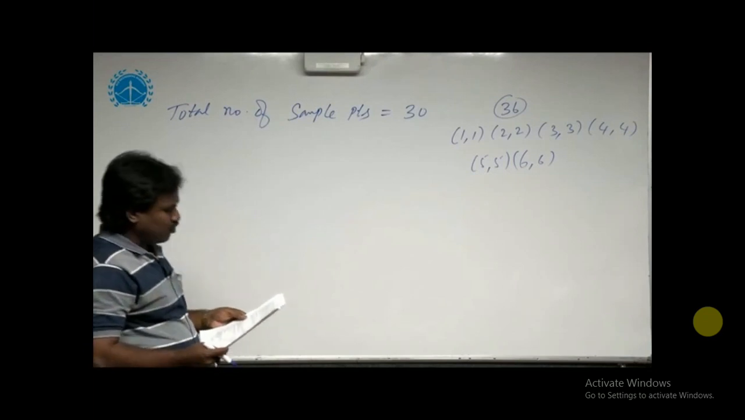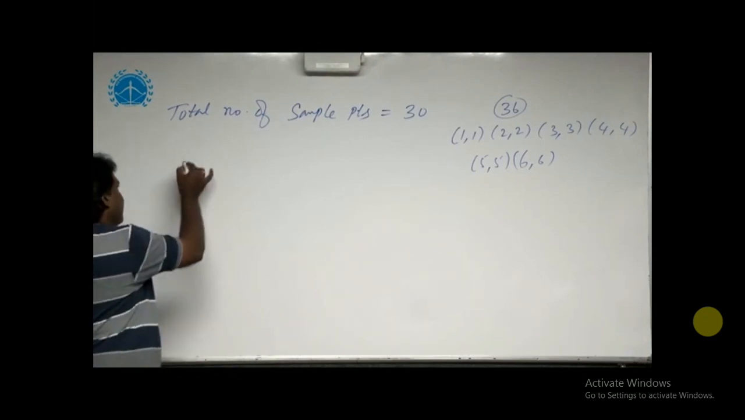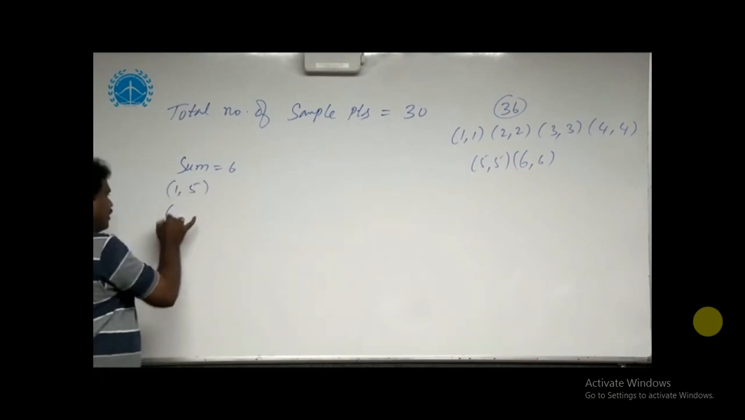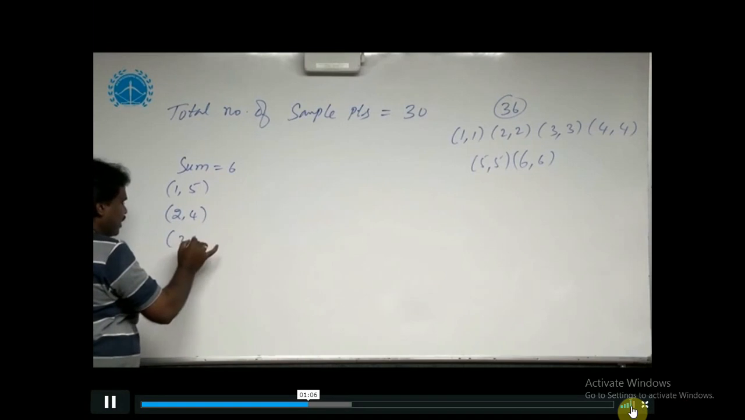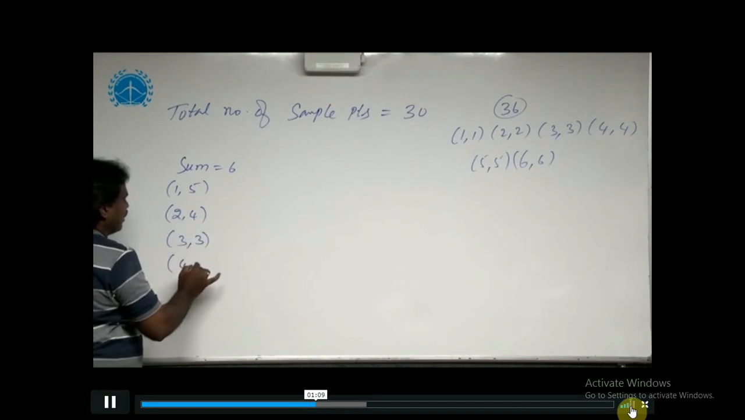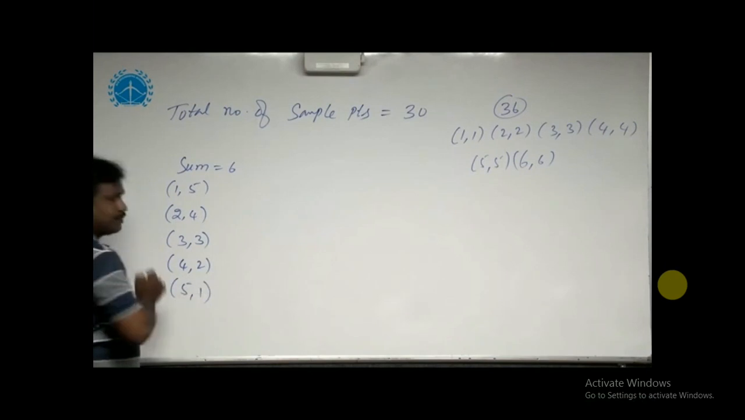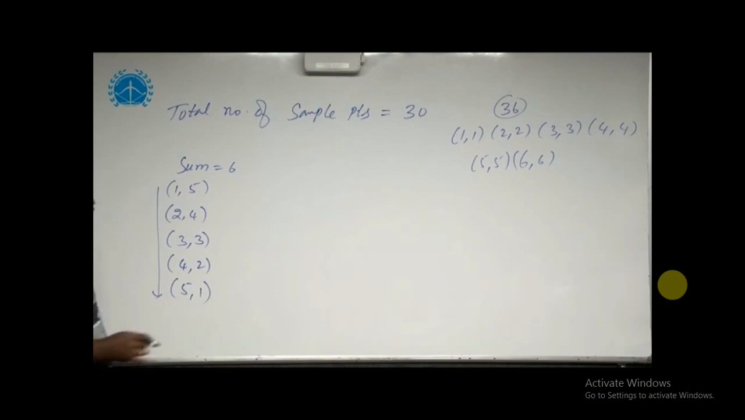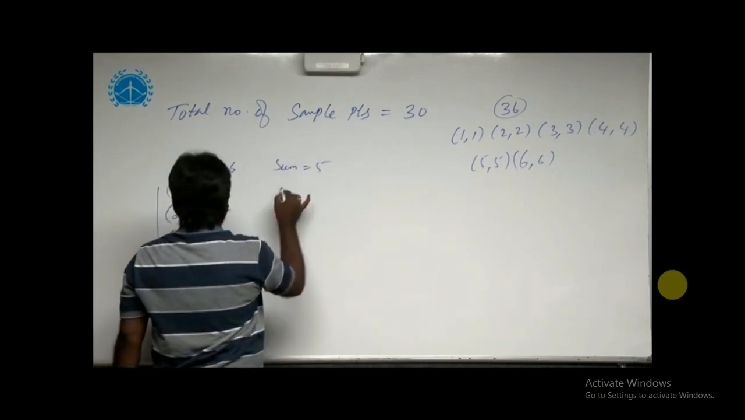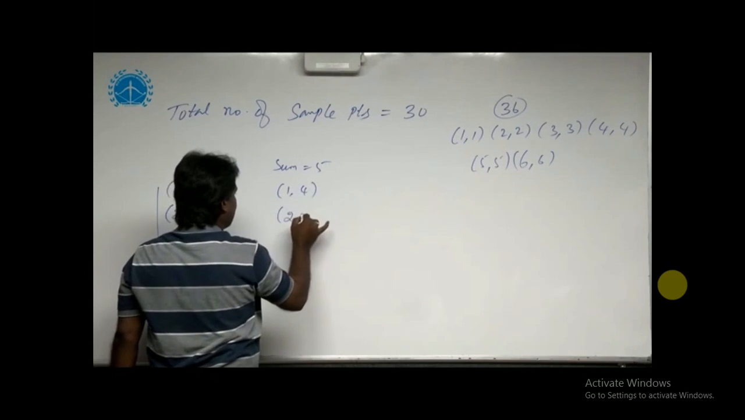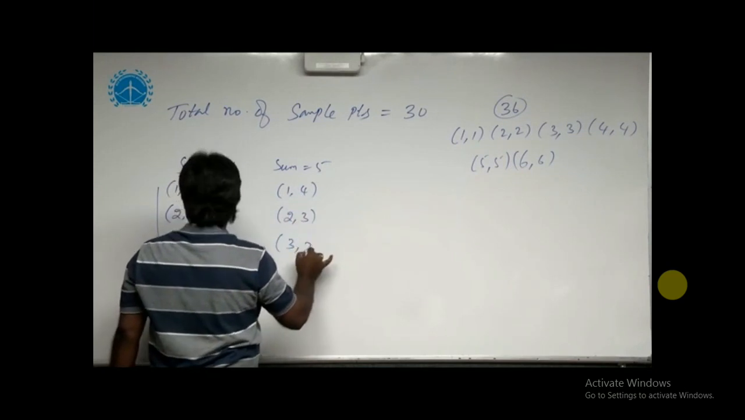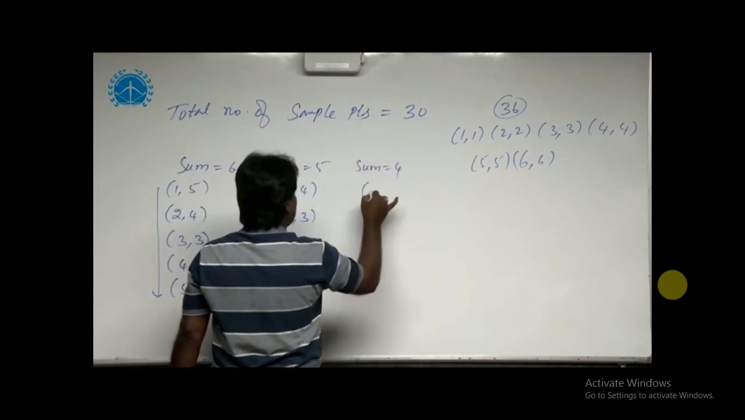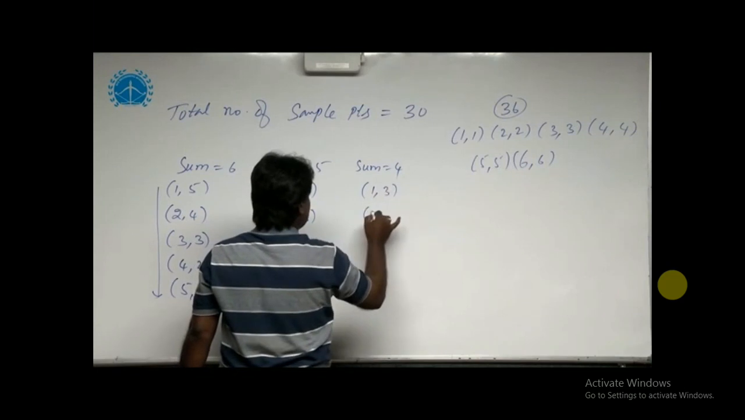But in this one, the probability that the sum is 6 or less. If you take the sum equal to 6, then what are the possibilities here? 1, 5 and 2, 4, 3, 3, 4, 2 and 5, 1. And here we get sum is 6. And sum is equal to 5: 1, 4, 2, 3, 3, 2, these 3. And sum is equal to 4: 1, 3, 3, 1,